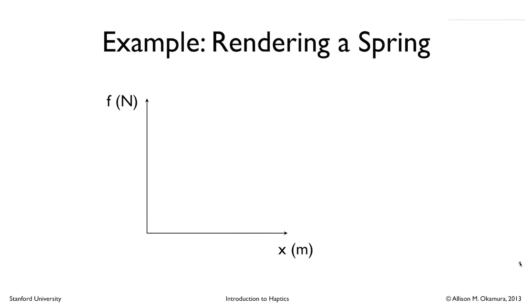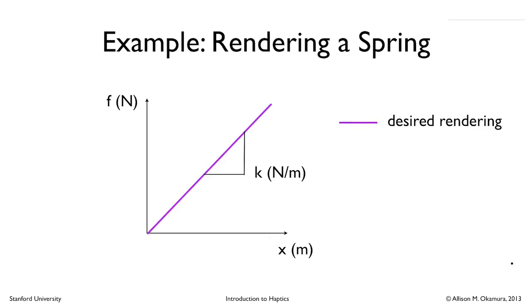Let's skip back and actually go to a very simple example, one that is very data-driven and is sort of on the face validity side of things. And this is back to the example of rendering a spring. So let's say that you've decided that you want to create a virtual spring. You've decided this is your model. It's going to be this line, which has a constant slope of k,